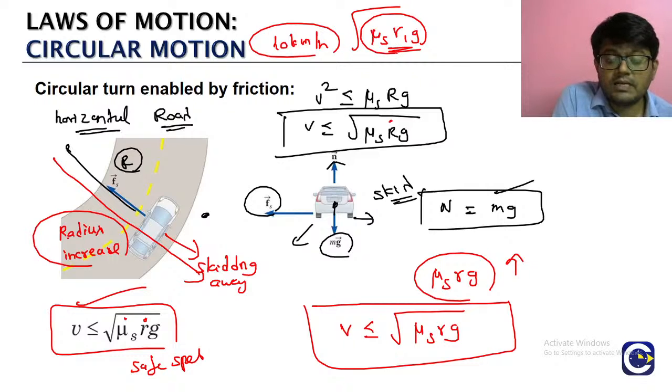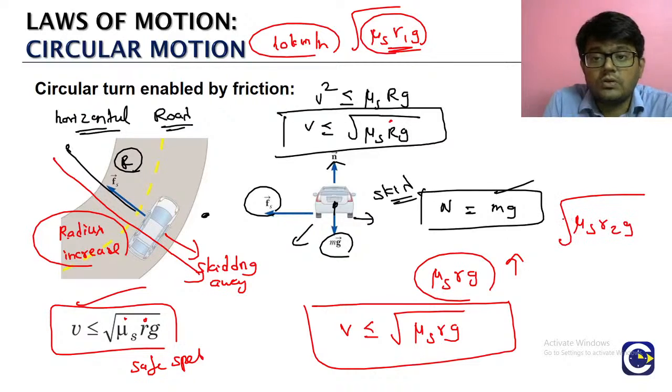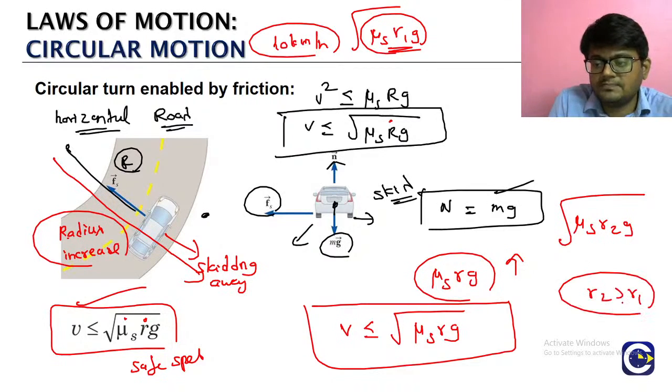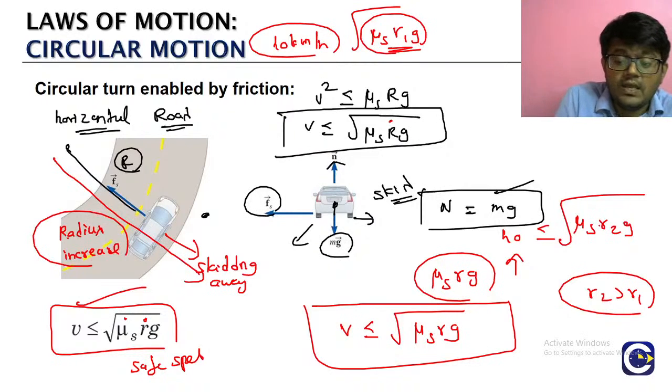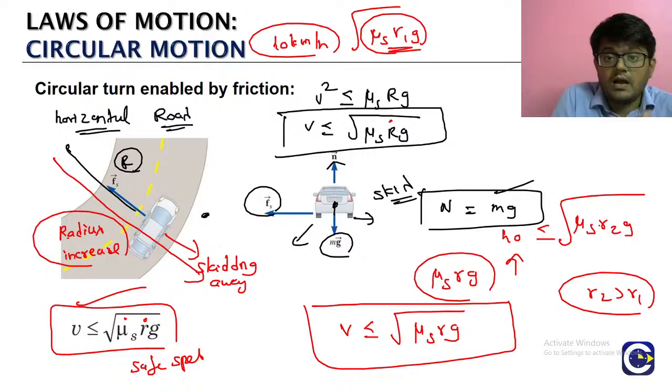But as the radius is increasing, we will have root mu s into r2g now. The value of r2 is more than r1, such that now we'll have the condition that this 40 km per hour will be less than or equal to root mu s into rg. Okay, so that is how the skidding will happen,